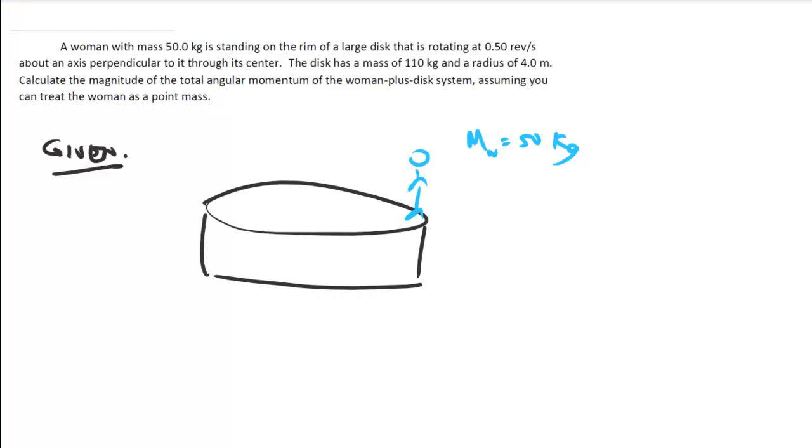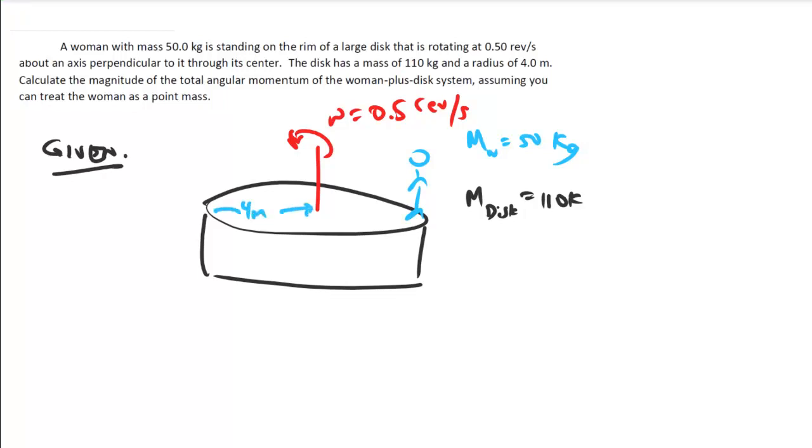and this disk is rotating around with an angular speed of 1/2 revolution per second, so omega is equal to 0.5 revolutions per second. And the mass of the disk is 110 kilograms. The radius of the disk is 4 meters. So we have 4 meters here, all the way out to the edge. So she's actually out at 4 meters as well, right? So she's over there at 4 meters, and